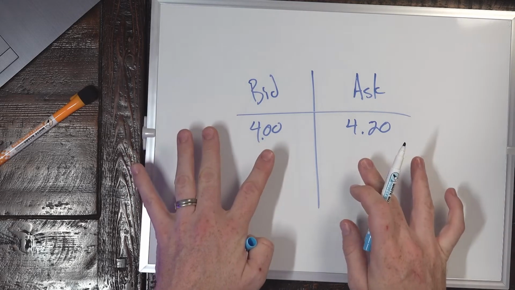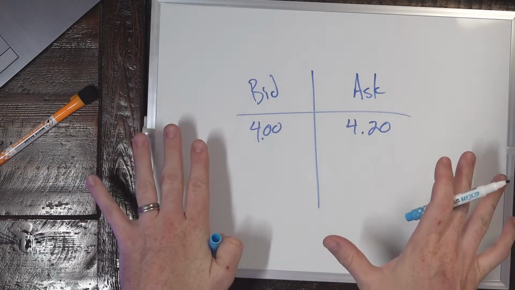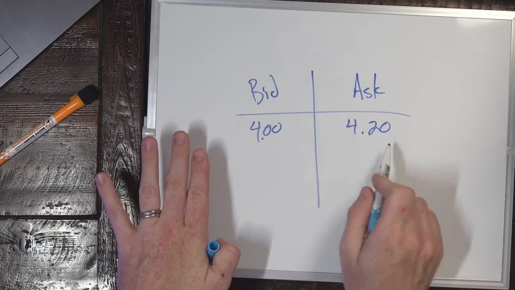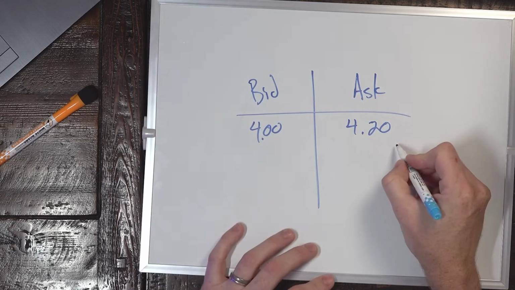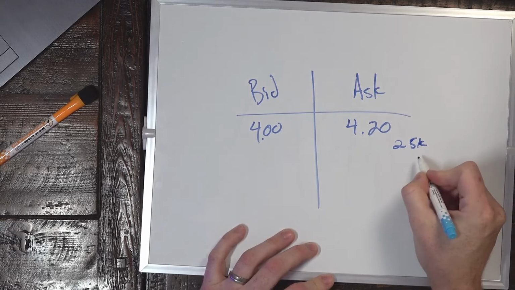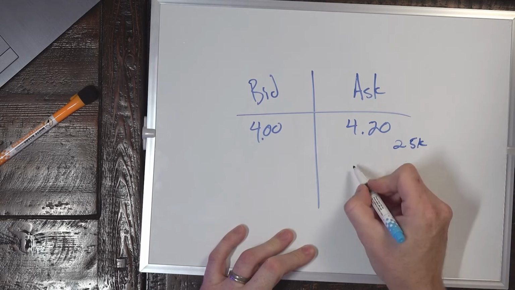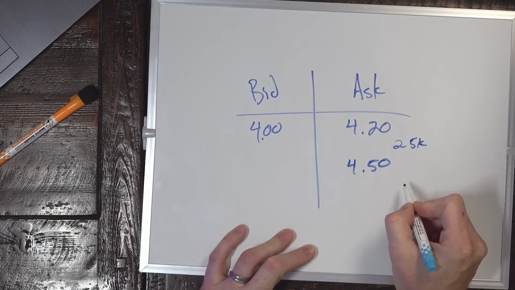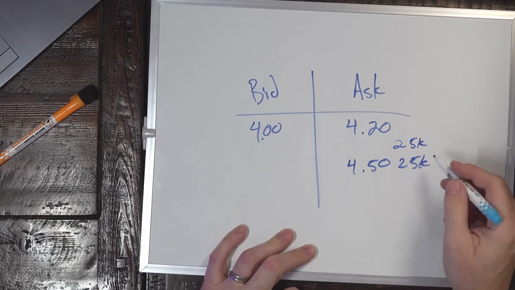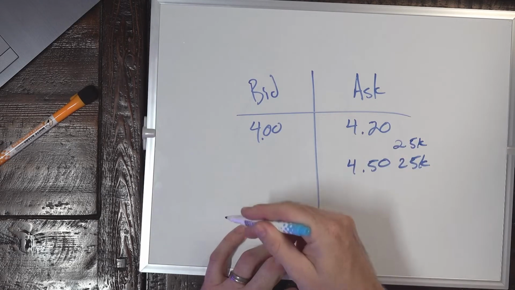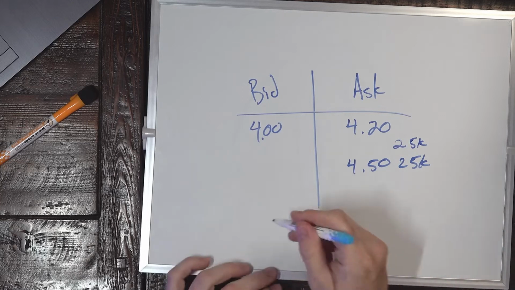And at the end of the day, their goal is to buy and sell the same number of shares, so they're balanced at the end of the day, and they just made money by trading the shares across the spread to retail traders like you and me. But what can happen is if they have a 25,000 share sell order here, and all of a sudden a retail trader buys the full 25,000 shares, that order's gone. The price now goes up to 450. They have another 25,000. That goes. And now what's happened is they're starting to become short the stock. They're imbalanced. And now in order to cover themselves, they have to buy.